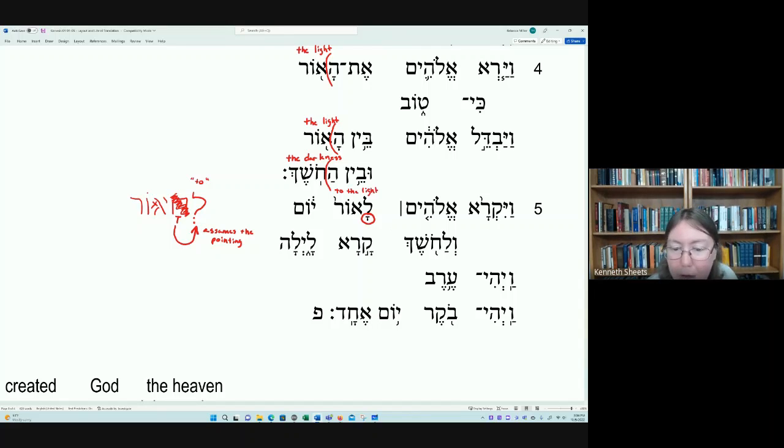So there is an article there. So laor yom, velachoshek. And you guessed it, you can see the conjunction right there. There's the lameth preposition on the word choshek, but notice the way that the lameth preposition here is pointed. It's pointed with a pathak. And so thus, again, we had the word choshek,